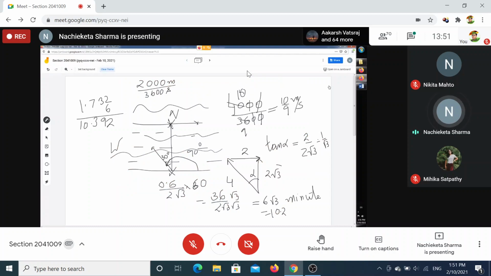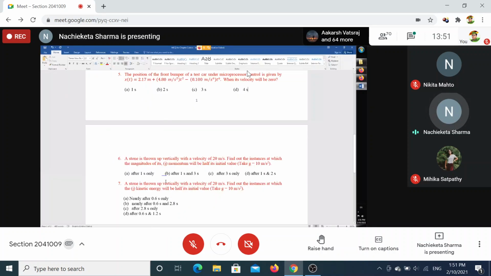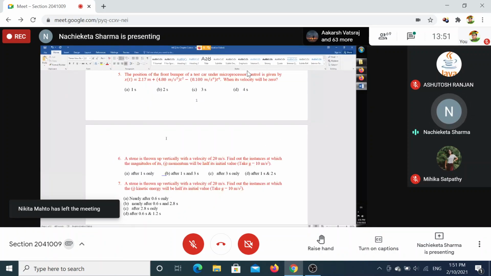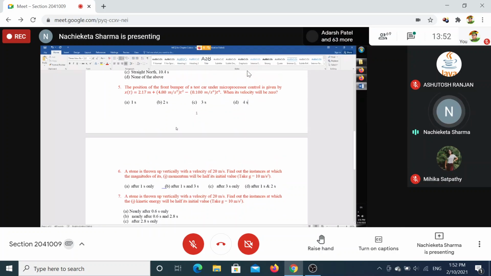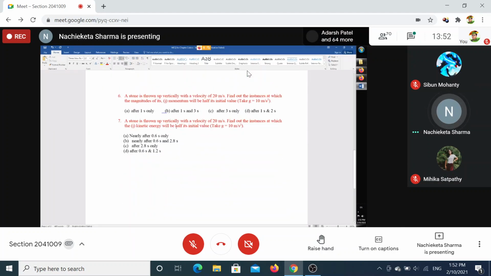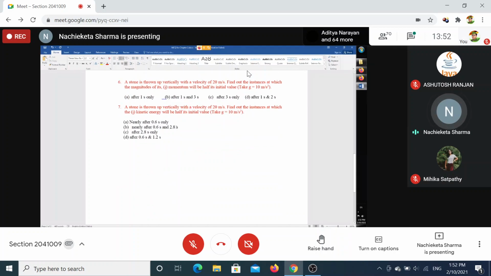Just let me clear the frame. You have to take a derivative. So the derivative will give you 9.60 minus 0.65. Then you have to equate them because that is equal to 0. And finally from there, if you solve, you will find out the time to be 2 seconds. Okay, I think all of you have understood it. Now, the crucial question is this question number 6. What is the answer you have found out?